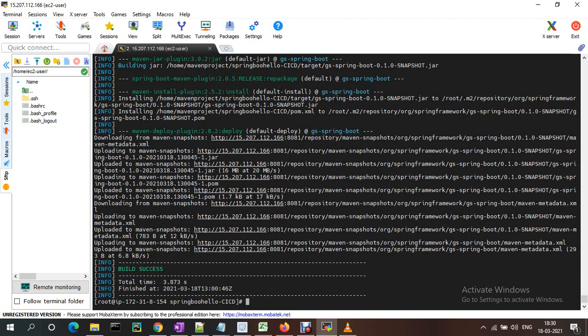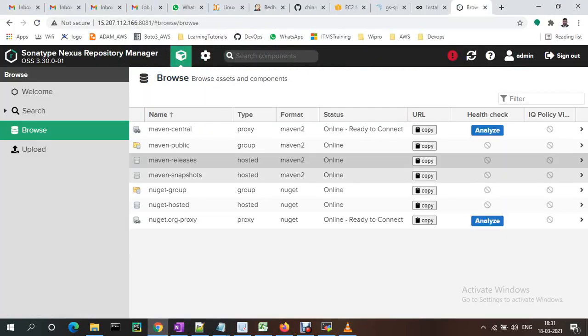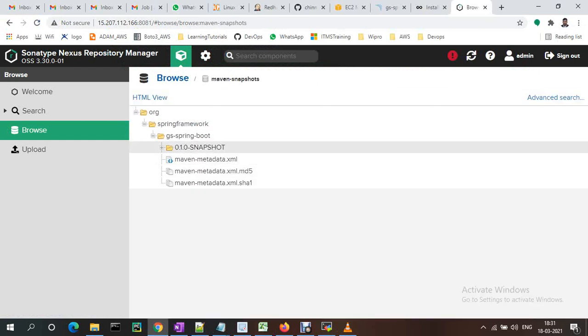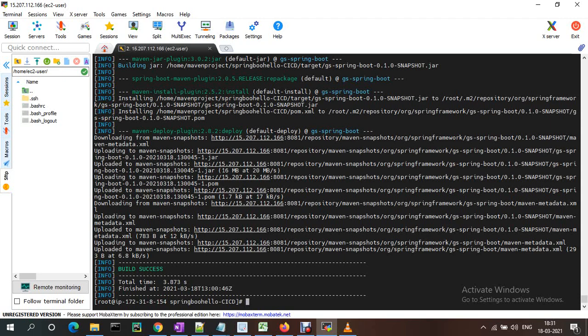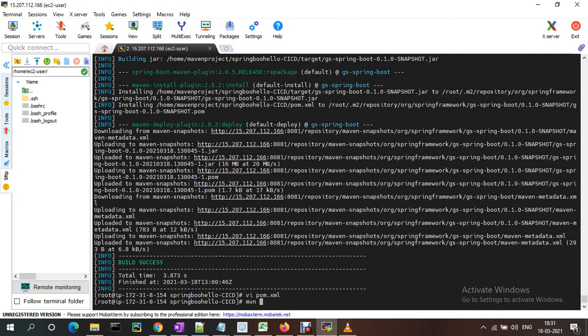Okay, and if you check the version, if you go to browse, here it will be showing that snapshot one. Same, if you want to change the version also under the pom file, if I want another snapshot release, like a smaller minor release, you just change it, and you can mvn deploy, you can build, and you can generate the report. If the build is success, you need to deploy. If the build fails, we need to send out the report.